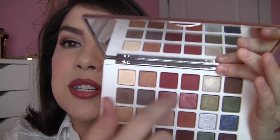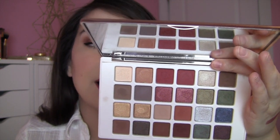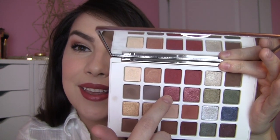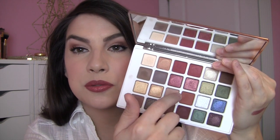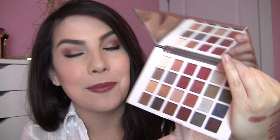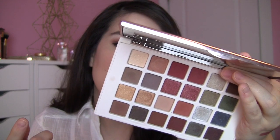And what's interesting too is they identify these 4 shades here as the Marsala colors. There's Marsala Matte, Marsala Satin, Marsala Glitter, and Marsala Metallic here. And as you can see, they're all really reddish. These are beautiful. I truly love these tones, and they're the main reason why I got this palette, but the color that I think more accurately defines the Marsala shade is down here, and this one is called